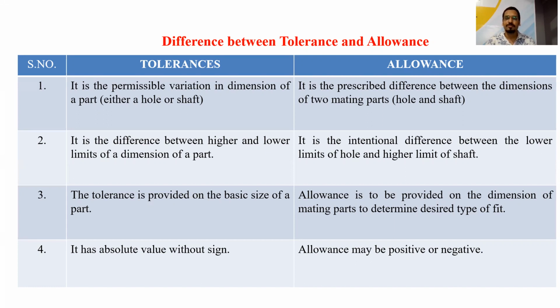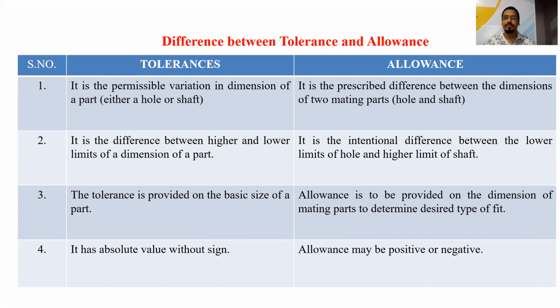And for the shaft, the basic size is 50 and the tolerance, let it be plus 0.01 and minus 0.01. So it is 50.01 the upper limit of the shaft and 49.99 mm the lower limit of the shaft. So for calculating the allowance, we have to subtract the lower limit of the hole, that is the maximum material condition, which I have already told you in the previous lecture, minus the upper limit of the shaft, that is the maximum material condition for the shaft.